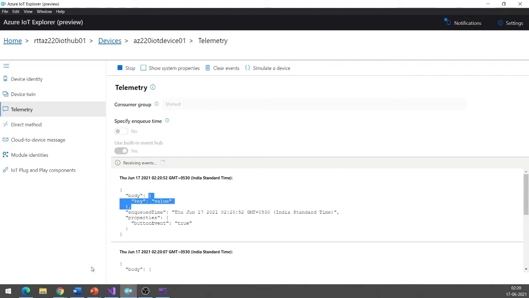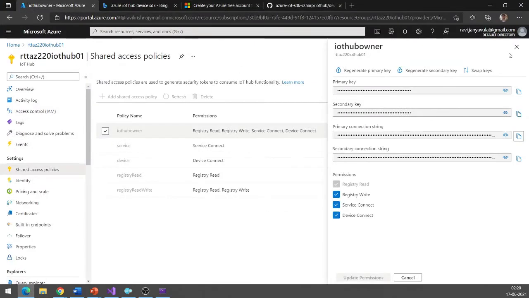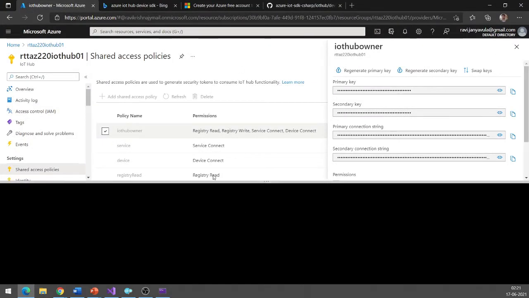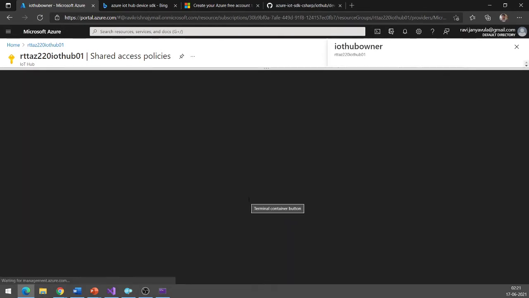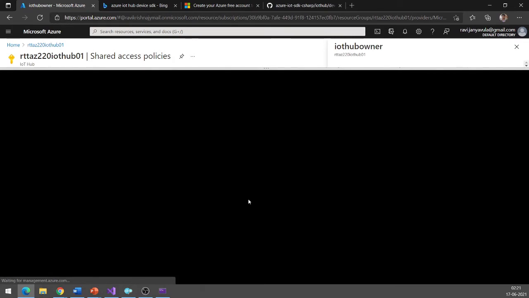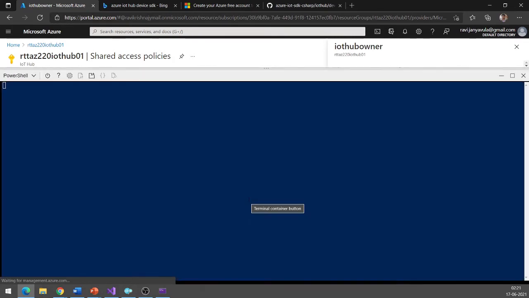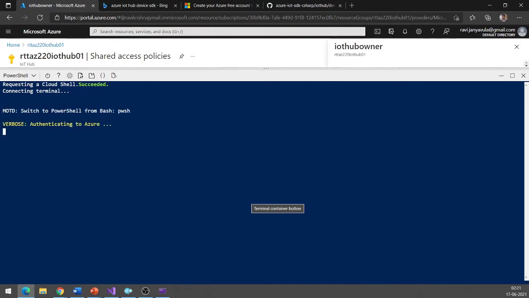Okay, so let me just show you the same thing with the Azure portal using the Cloud Shell. Switch to PowerShell, confirm. Okay, now let us say az iot hub.